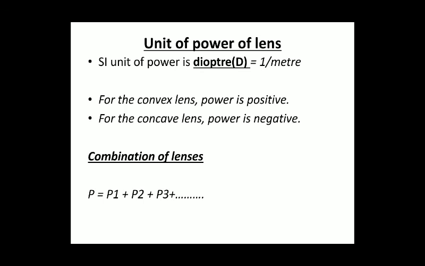Now, the unit of the power of lens. As per the formula, power equal to 1 upon F, and F should be in meter. So the unit will be per meter or 1 upon meter, and as a whole it is known as diopter. Right? So how are you going to define one diopter of power? One diopter is the power of the lens whose focal length is 1 meter. For a convex lens, power is positive. For a concave lens, power is negative.